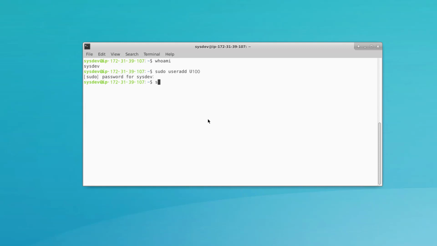Next one, sudo useradd U200. Good. Sudo useradd U300 like this. Okay, we created 3 new users, and then we create 2 new groups,